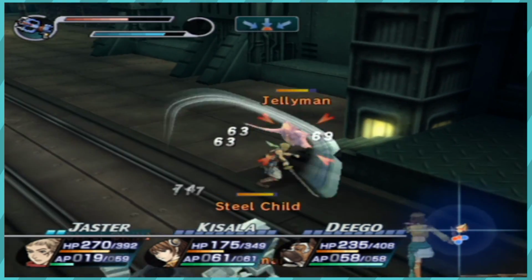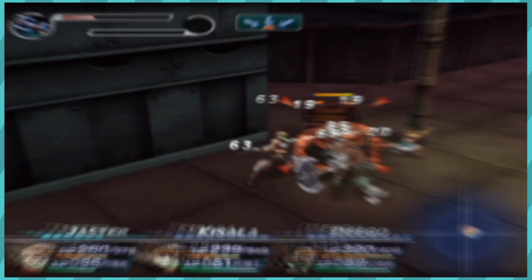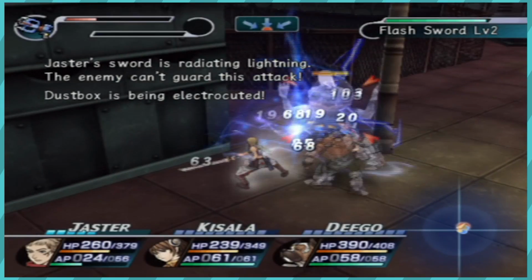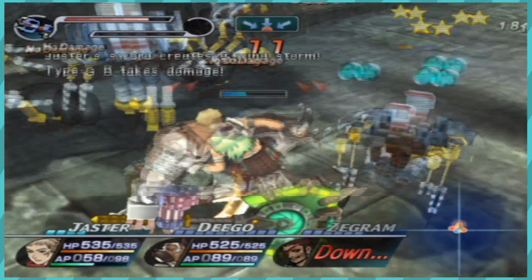Alongside the real-time combat, you're also able to open up a little command menu, where you can use items, switch up your AI's tactics, and use abilities. Overall, the combat is pretty fun, but it can get slightly tedious due to the high encounter rate. After 10 or so hours, I just found myself spamming area of effect attacks to end battles as quickly as